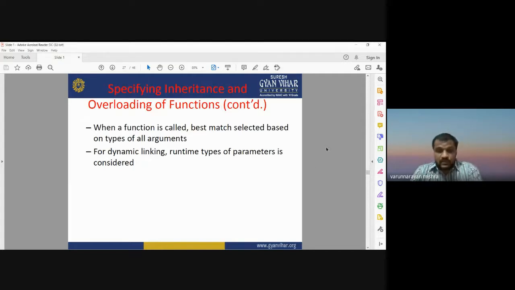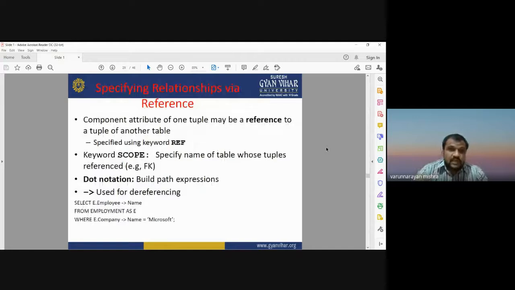Now moving to the next slide, how to specify the relationship between the data sets. For specifying the relationship, we should have a component attribute for one tuple that may be a reference to a tuple of another table, which is specified using the keyword ref.